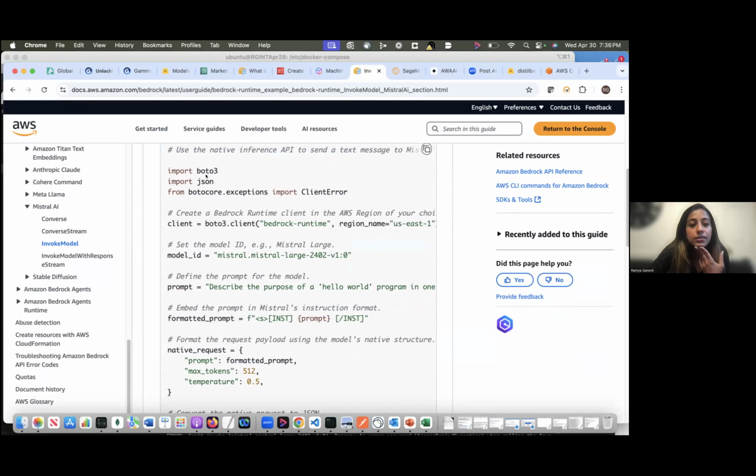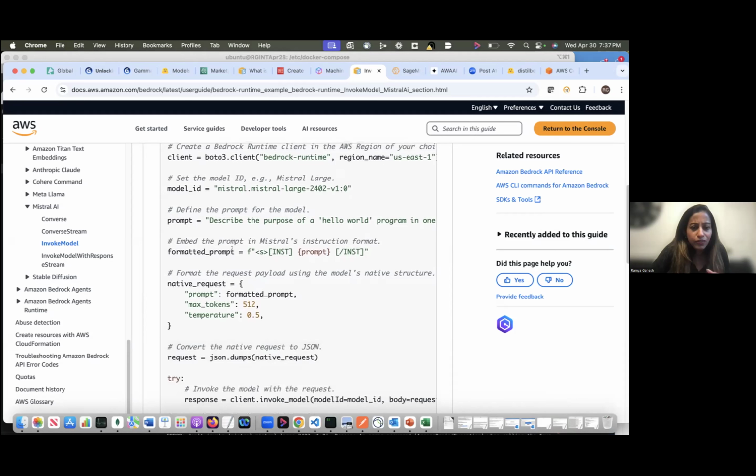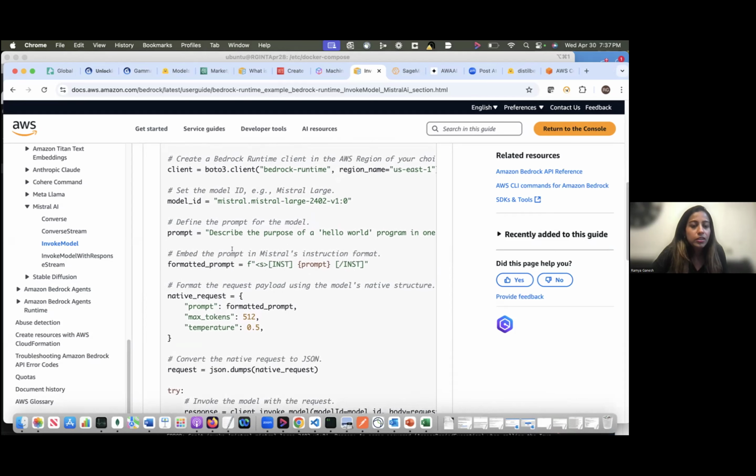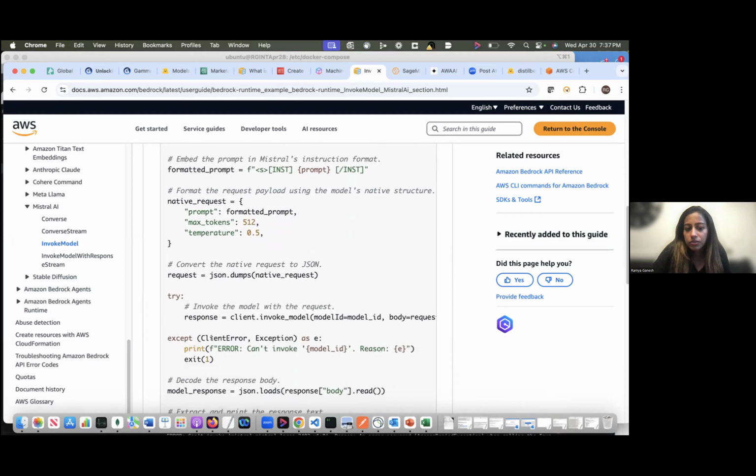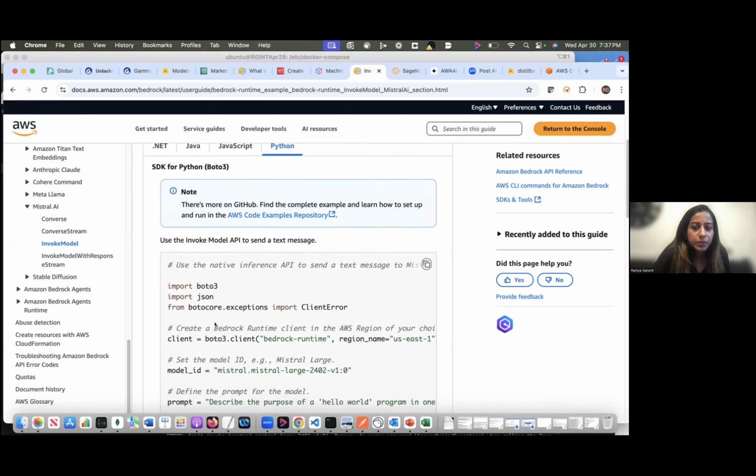So what it's doing is it's just a Python script. The one that I already spoke about, Boto3, that's the SDK that AWS uses, and it's only available in AWS. It's not available in other cloud environments. So this is specific to AWS. And if you see, this is a fairly simple code, where you're specifying the model ID that needs to be used, the prompt that needs to be given, and what's the format of the prompt. And just a try and catch option over here, but it's fairly simple.